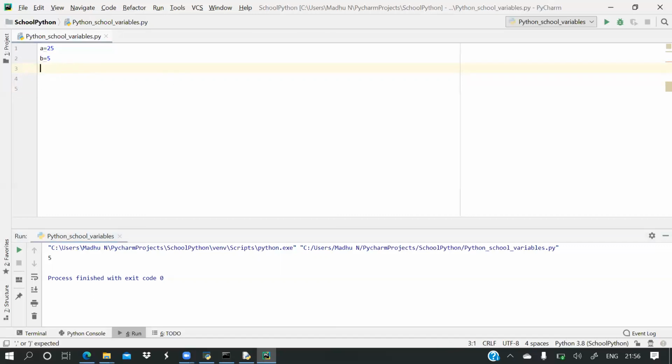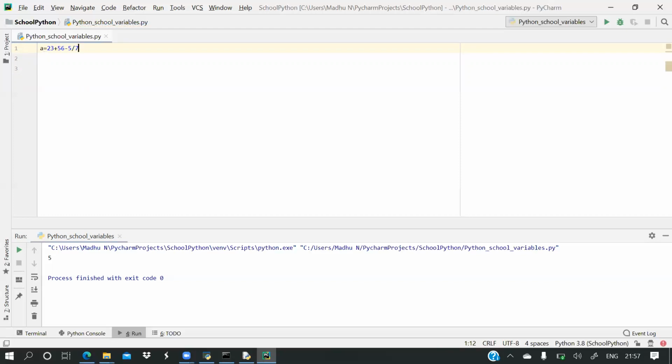Now then A is equal to 23 plus 56 minus 5 by 7.